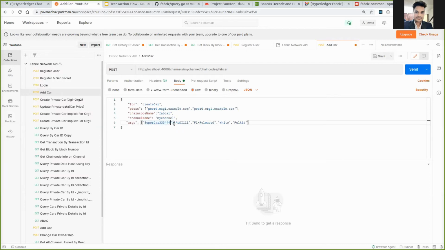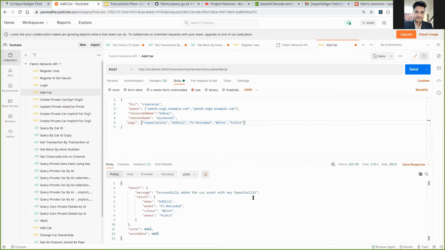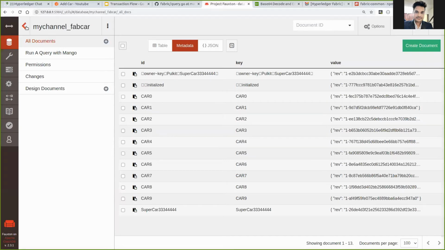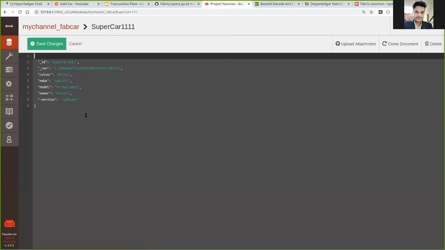Let me change this again. We have added the token. Now we are invoking the transaction. This transaction just adds this car into the blockchain network. So we have added it, and let's confirm by going to the CouchDB UI here. Supercar 111 got added, and you can see the data.